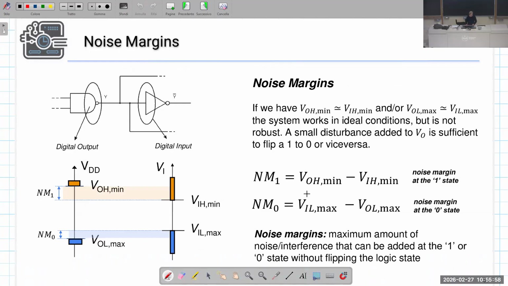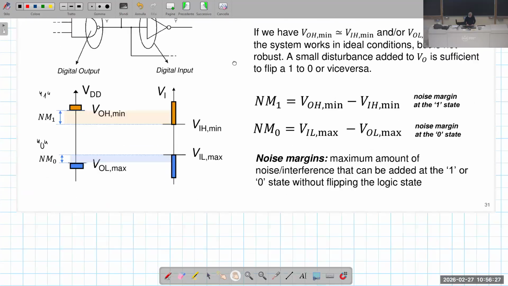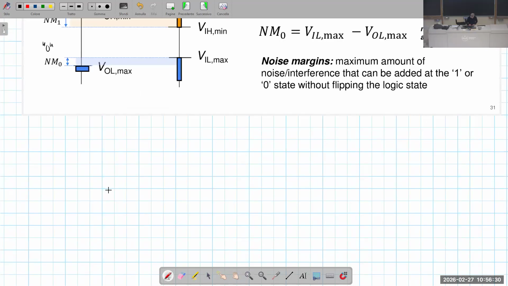And for this reason, this difference, VOH minimum minus VIH minimum at the high logic level, and VIL maximum minus VOL maximum at the low logic level, are called noise margin at the high state and at the low state. And the reason is that if we have, we are in this condition, we have